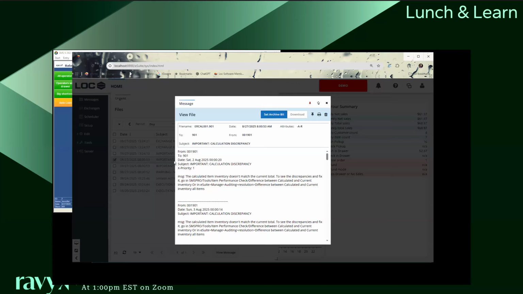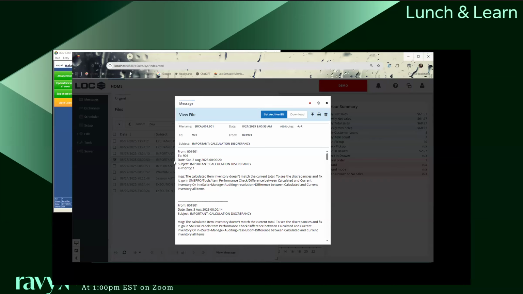The calculated inventory takes all the transactions that were done through the day at the end of the day. All of the transactions would be negatives, any receivings would be positive, and it's going to re-add all those up, and that's your calculated. So if you have your current running inventory, those two numbers should match. They're kind of double checking themselves, making sure the system is double checking that the inventory is in